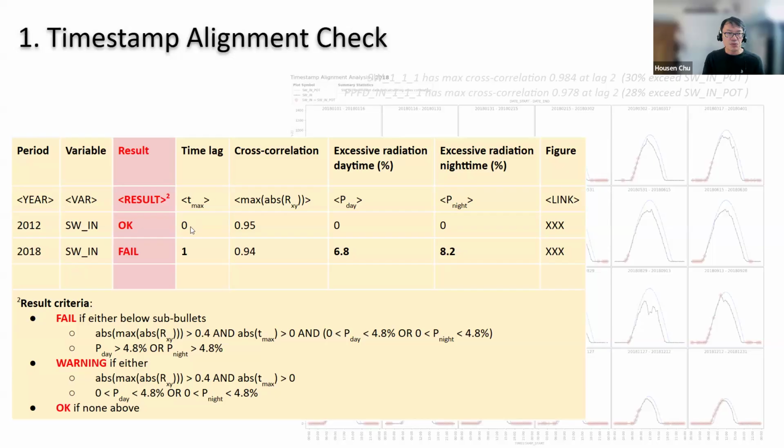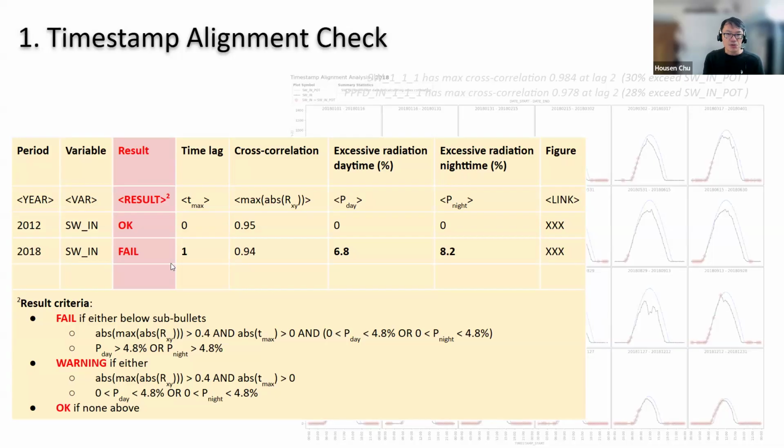If this is 0, it means everything aligned perfectly. What is the cross correlation coefficient here? These are the number of points you have larger than potential incoming, right? So the first one will be everything's okay: you have nothing above potential incoming, the time lag is 0, so everything is okay. The second case we see here will return fail because it has a time lag